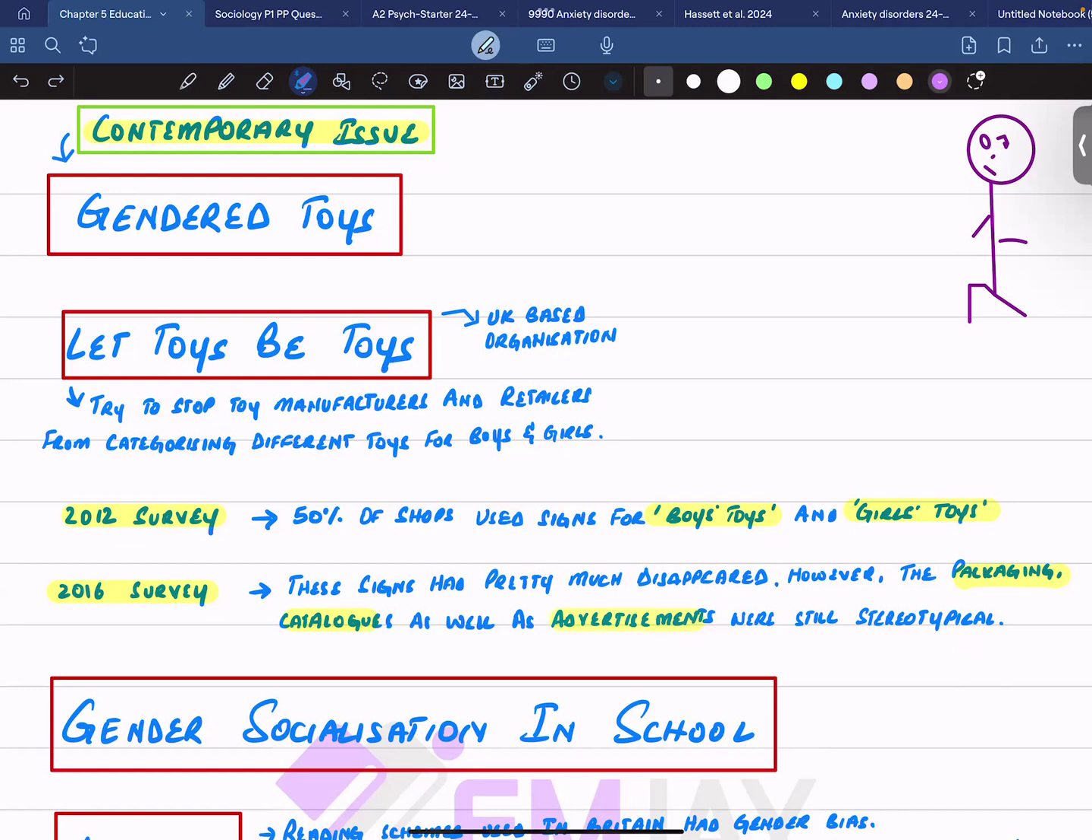Because even now, there were different ways through which this stereotypical gendered segregation kept on taking place: in terms of the way these toys were packaged, in terms of the catalogs printed by these toy manufacturers, and through the way they would advertise their toys or their products. So this contemporary issue could be used as sociological material too while you're writing your